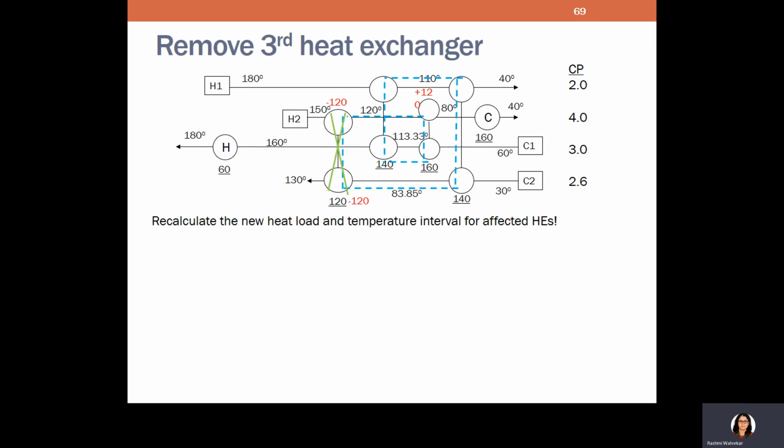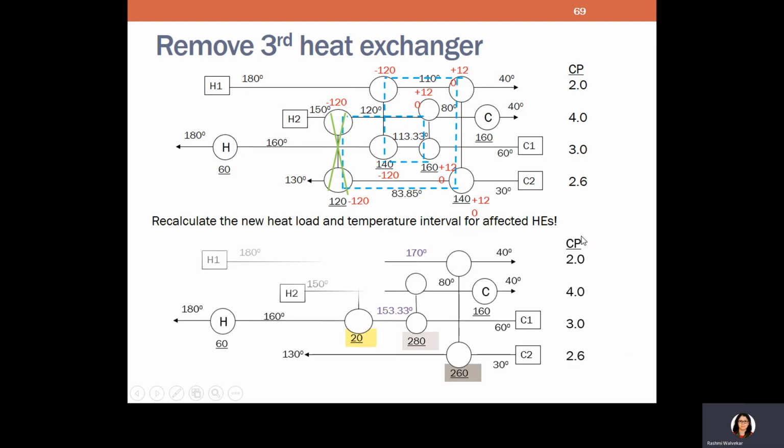So this is the same heat exchanger. If this is 120, the bottom, the cold stream, will also be plus 120. If you're adding plus 120, you need to balance it with the next connection. So that is negative 120. If this is negative 120, the hot stream is also negative 120. We again balance. If this is negative, then this becomes positive 120. This also becomes positive 120. So this is how you distribute the heat among the loop.